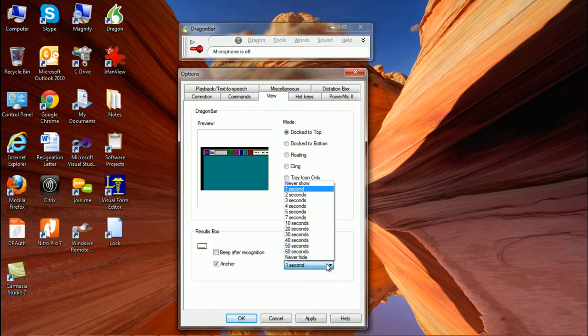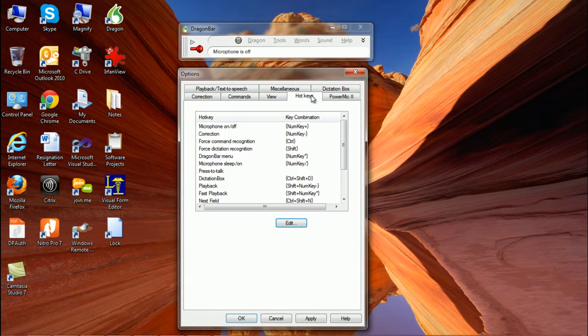So this is just an auto hide, which is the results box. So when you dictate, it'll actually show you what you're dictating, and this will just determine how long that window lasts. Users like Dr. Hamlet prefer a longer delay so they can read it in real time as they're speaking. He just kind of has a gift where he can read it and dictate at the same time. Other users just prefer a quick hide. So